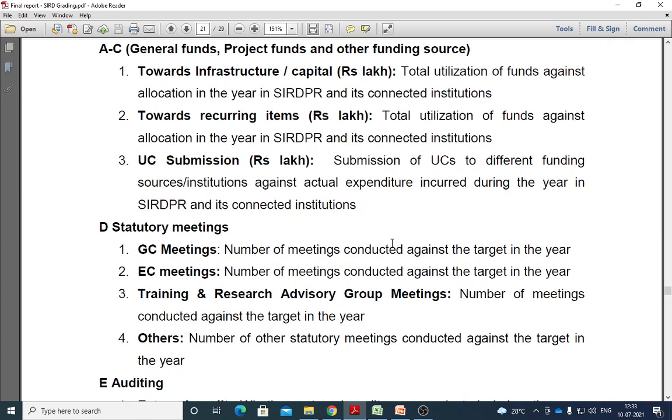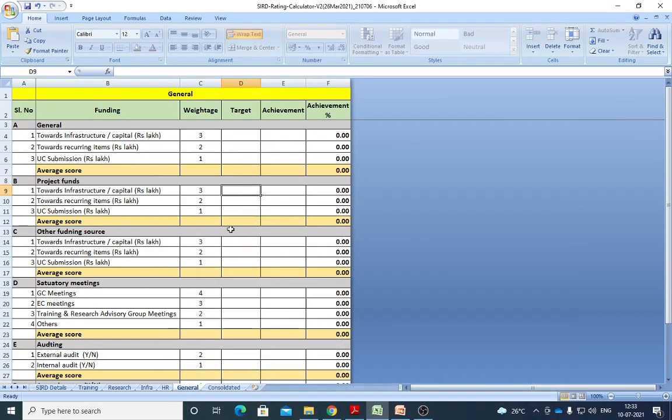If you look carefully, utilization, sanction. Now many questions will come here, truly speaking, and you can see towards infrastructure and total utilization of fund, and how much you got previously also, fine, but you got the fund and how much you have done. You got 50 lakhs, please enter here in lakhs. I got 50 lakhs, and I could spend almost 45 lakhs in expenditure.